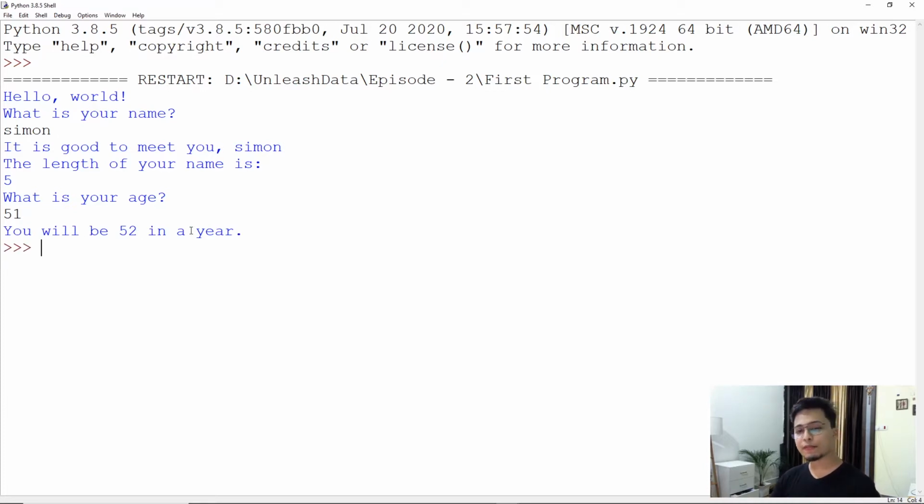So there are a couple of things happening here. It is taking my name, it is printing my name, it is telling me the length of my name. Then again, it is taking my age, and it is also telling how old I will be in 1 year. So I think this is a very good program to get started and understand how to